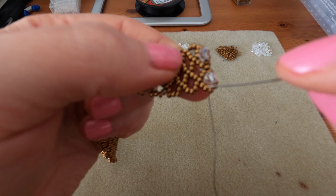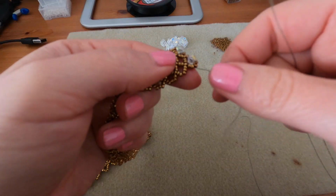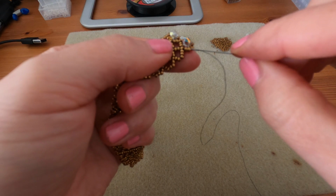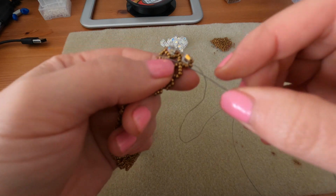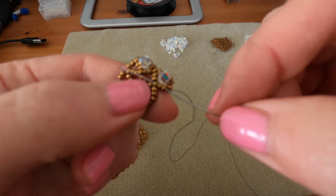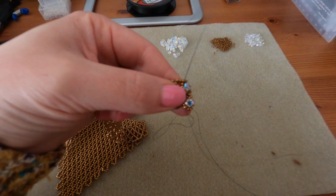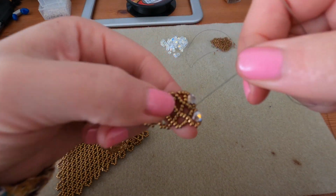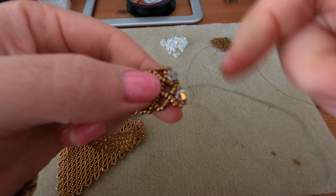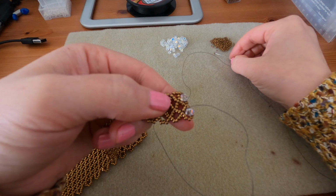And now what we need to do, we need to come out of this shared seed bead. So we're going through these two seed beads and coming out of this shared seed bead. Okay, I will try to enter all 3 seed beads straight away. So I've got 3 seed beads on my needle. Pull your thread. So we're coming out of this shared seed bead at the bottom, and we're picking up 1 seed bead,